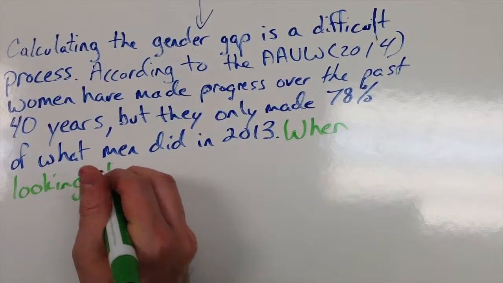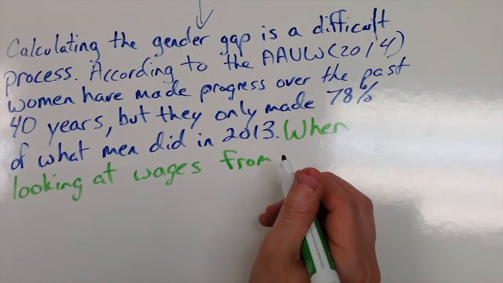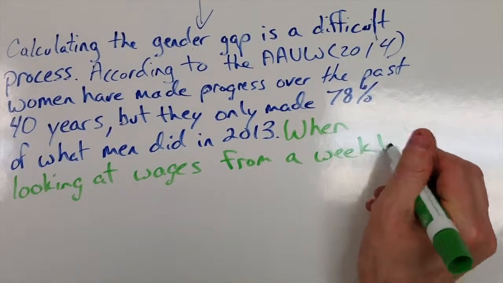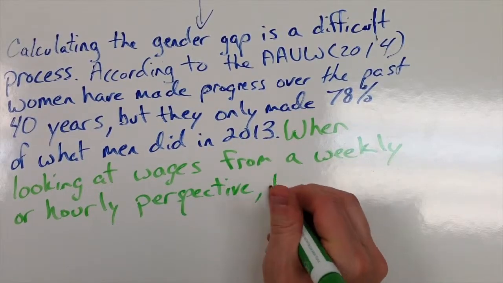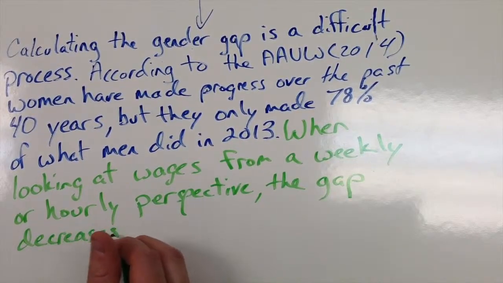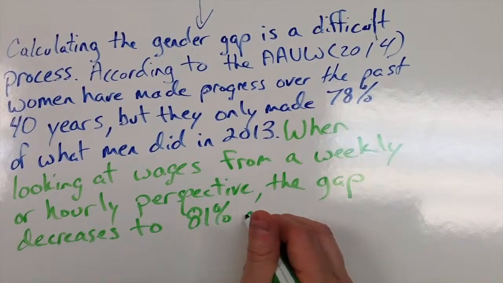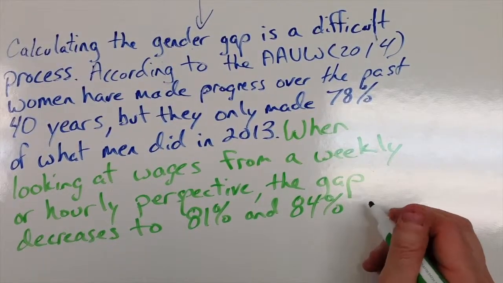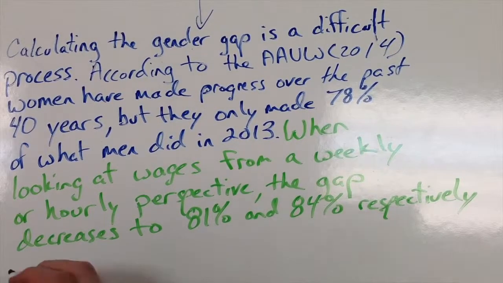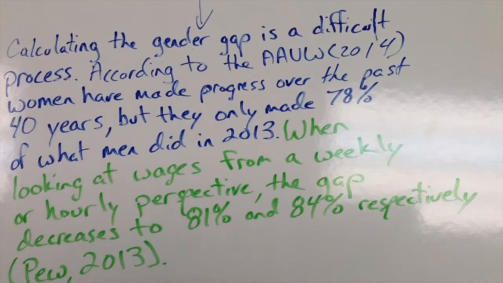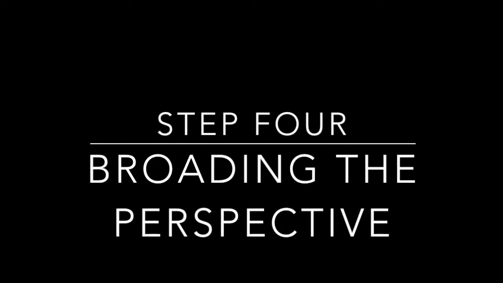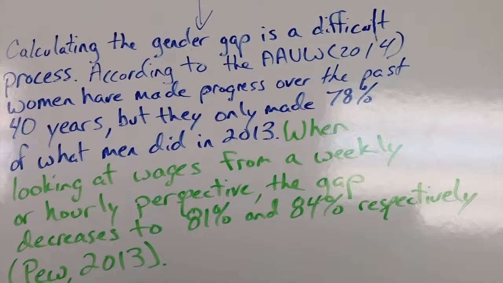Now this next section I am going to include some of the information that I got from my other source, and I'm going to explain a little bit more about how looking at the weekly and hourly earnings percentages really makes it a little bit more complex to talk about the gender gap, and I'm going to cite that source as well. Now already we have a much better inference than what we started with, but we're going to move on to